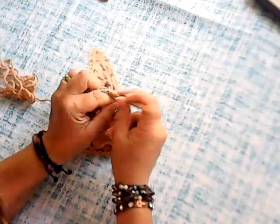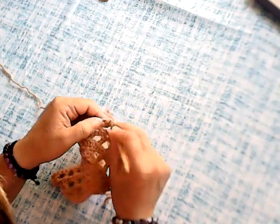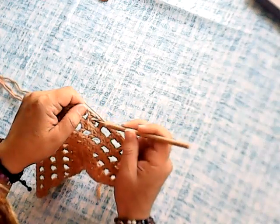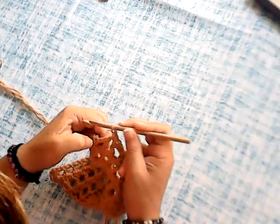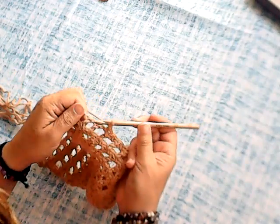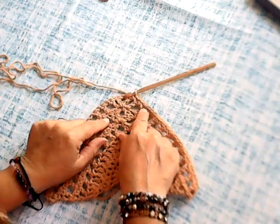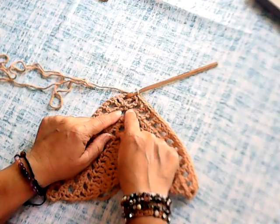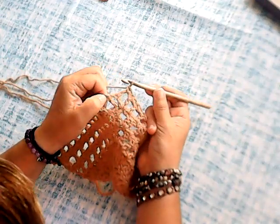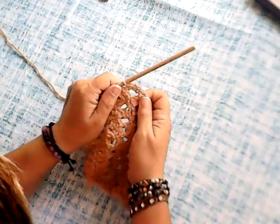Okay, that was pretty easy, the first part. Remember, always, the single crochet is in the space. So we got, okay, chain, single crochet, chain, single crochet, and we reach the middle. Remember, it's the same thing we made in row number 7. Okay, chain, single crochet in the space in the center, 1, 2 chain, and another single crochet in the middle,